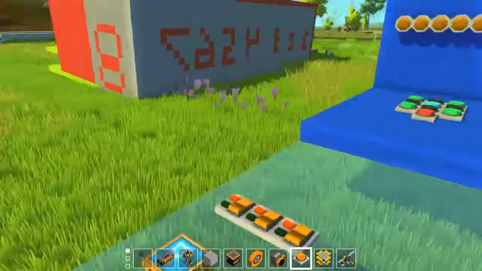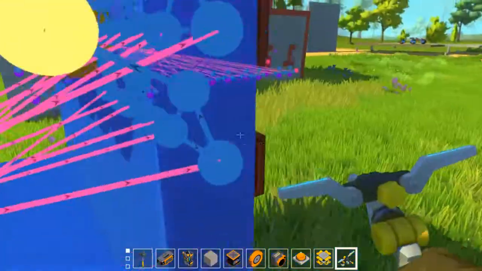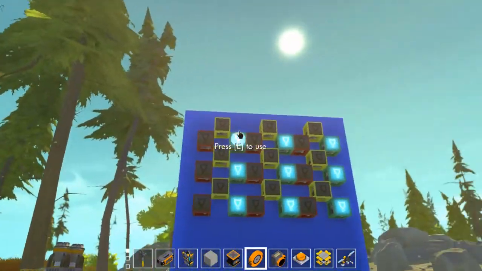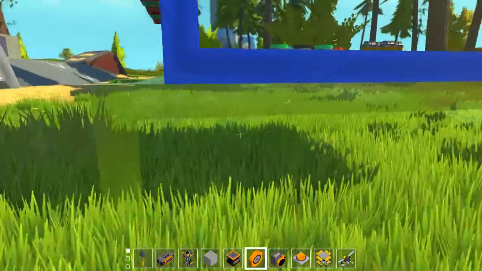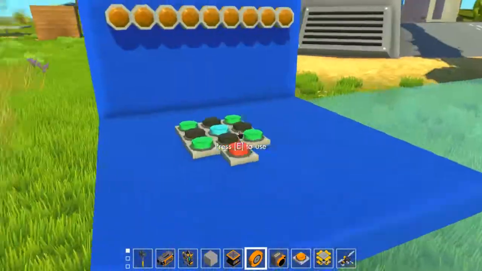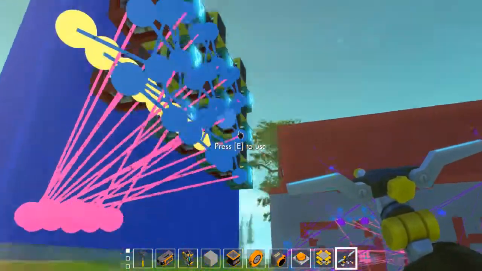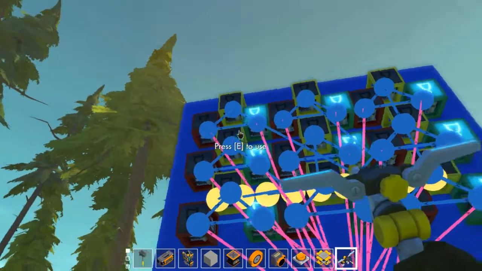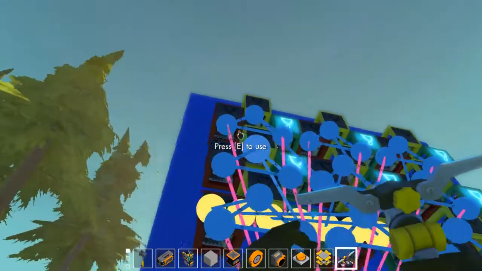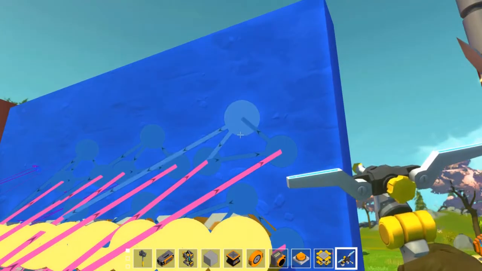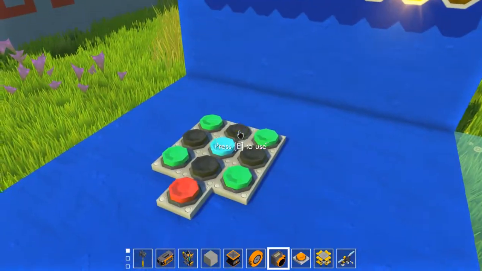And then finally, the second last thing for today's episode is this little thing I made with 9 memory bits. So 1, 2, 3, 4, 5, 6, 7, 8, 9. And then basically what it is, all the logic gates, the outputs, are all connected, but